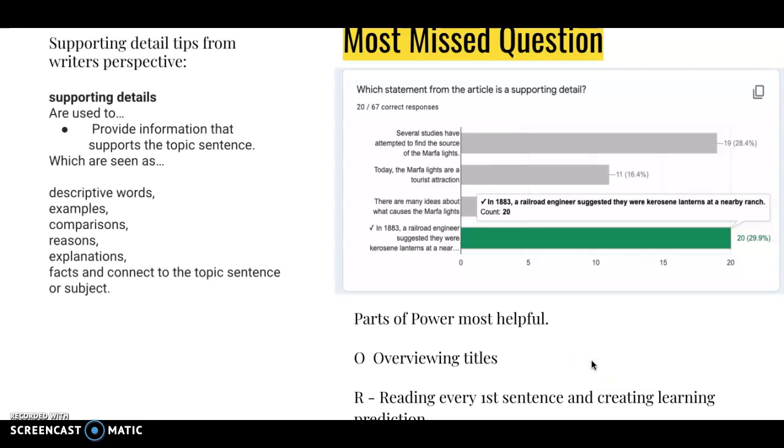To give you some supporting detail tips, think of it from a writer's perspective. Supporting details are used to provide information to support the topic sentence or the main idea of the paragraph. These can be seen as descriptive words, examples, comparisons, reasons, explanations, or just facts that connect to the topic sentence or subject. So if you look at these four items here,